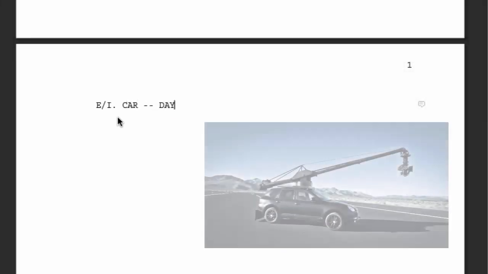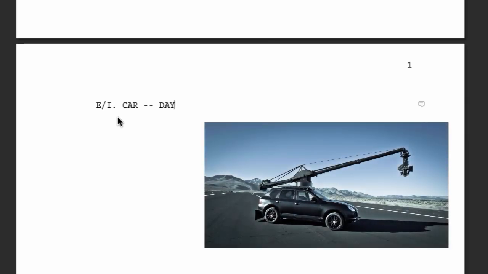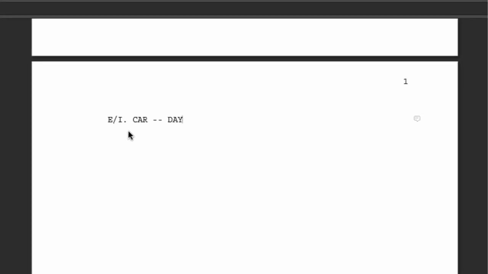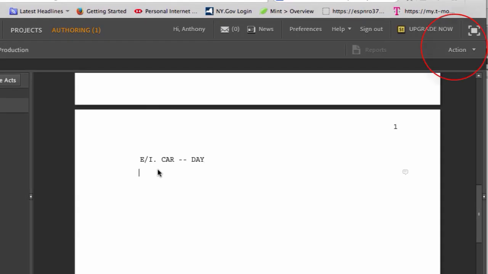There are some other times when that option may be used, but EI and IE are mostly reserved for car scenes, and POV, well, that's a point of view scene, but they aren't used as often as interior and exterior. And when I hit return, just like Celtx, it switches to action. And so it works pretty much the same.